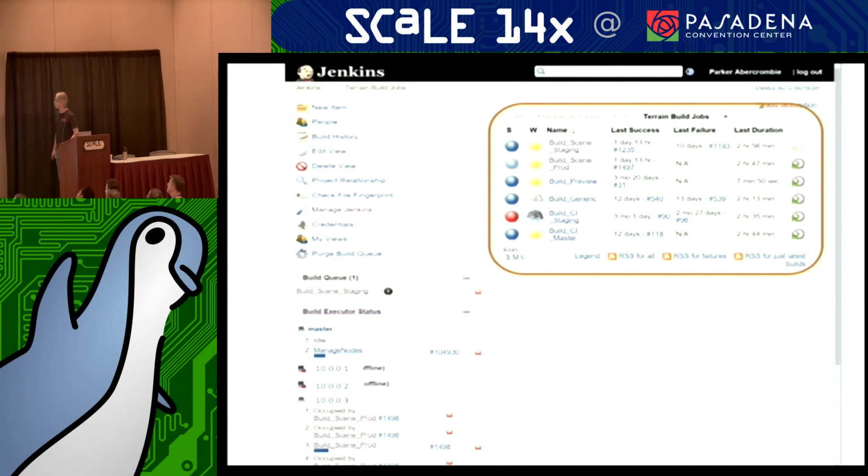This table on the right shows the job descriptions in Jenkins. Each of these is basically a script that does a certain thing. The top one is build scene staging, which does a staging build for a certain scene. The next one builds a production scene. There's one that builds the preview products, and a couple other miscellaneous ones. We also have Jenkins jobs configured that can create and destroy instances in EC2 and manage the fleet of worker